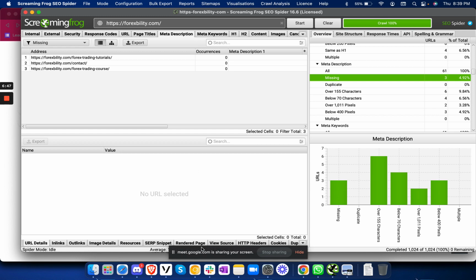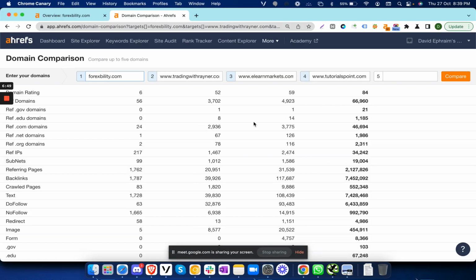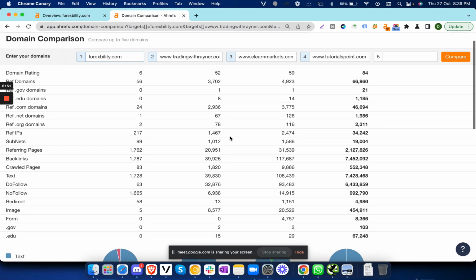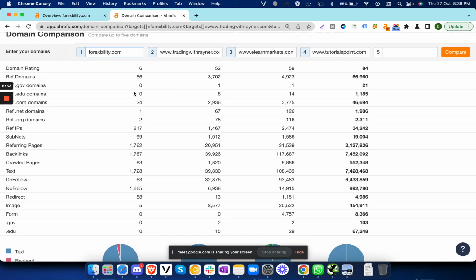On the backlinks part, I was looking at the competitors, and as I can see, our website doesn't stand anywhere near our competitors. They have like, yeah, Tutorialspoint sure. There is a point here I didn't mention, a very important point. It's major. I just changed the domain name